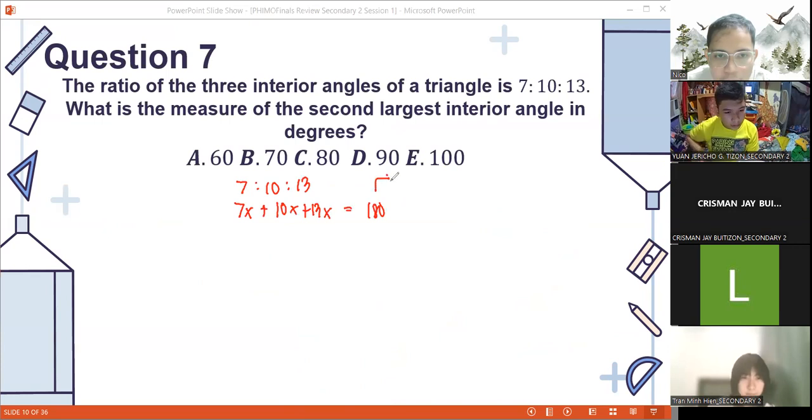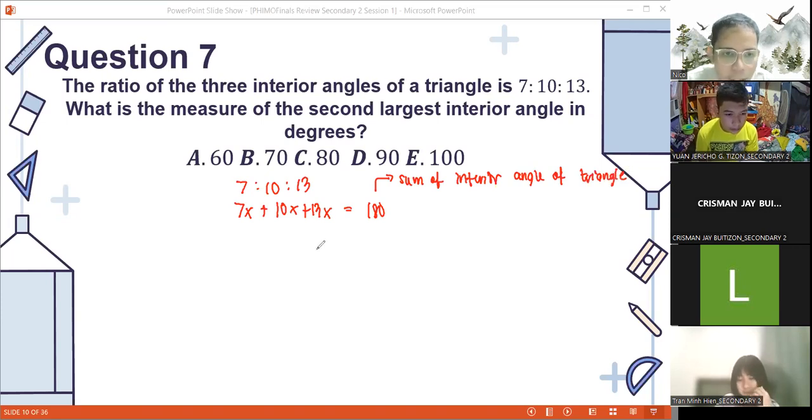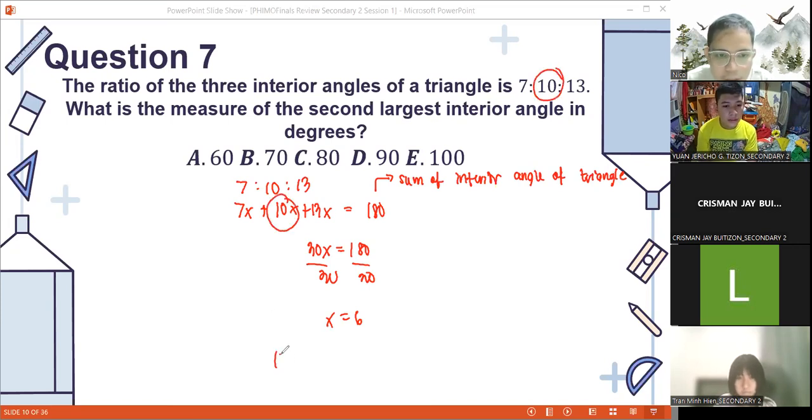This one is the sum of the interior angles of a triangle. So you have here 20, 30, so 30x is equal to 180. So divide by 30, divide by 30, x is equal to 6. You need to solve for the second largest, so the 10x. So the 10x is equal to 10 times 6, which